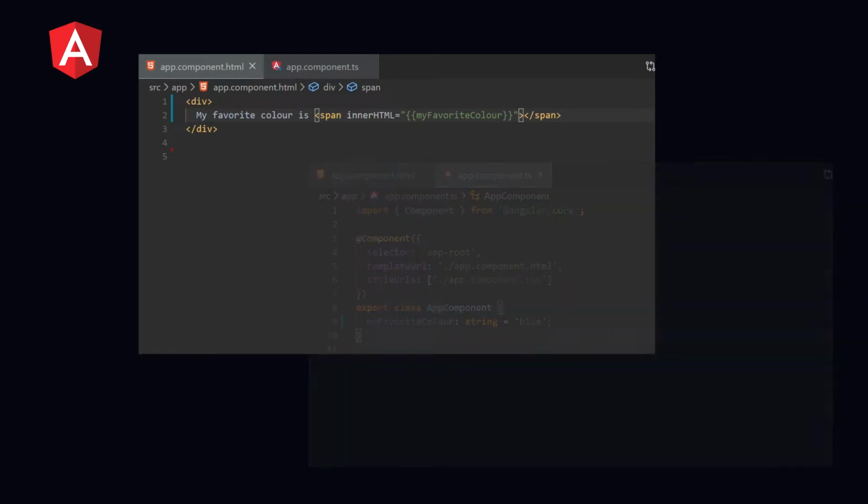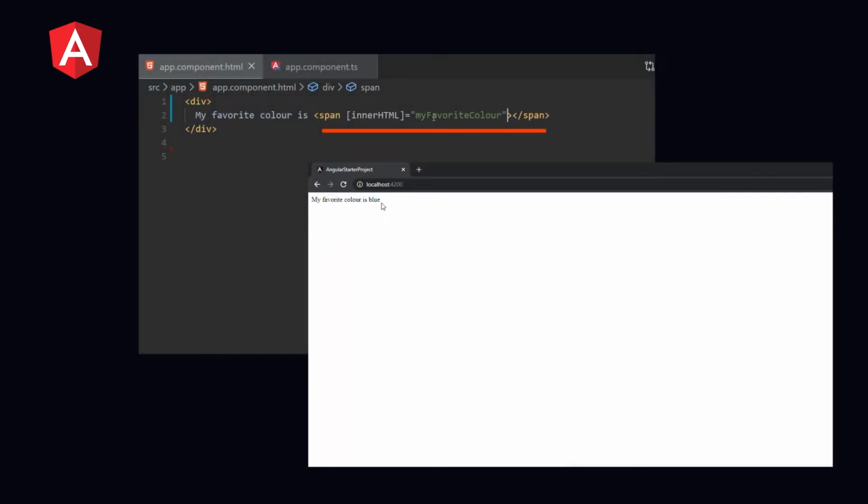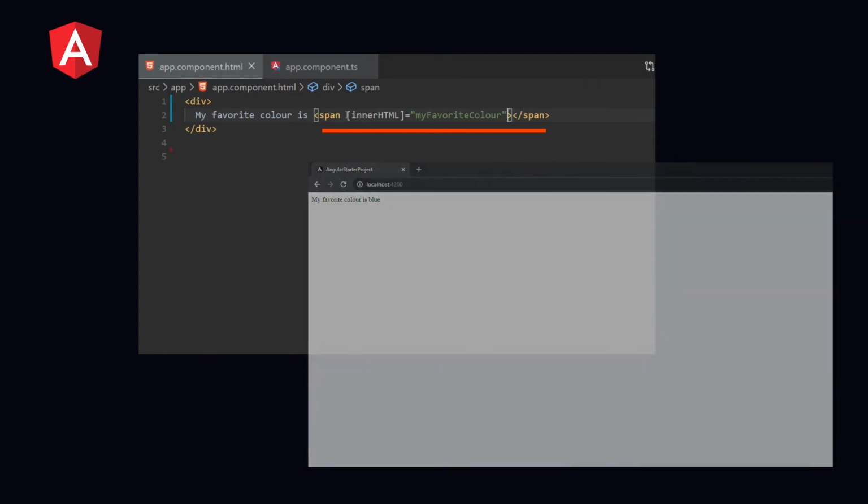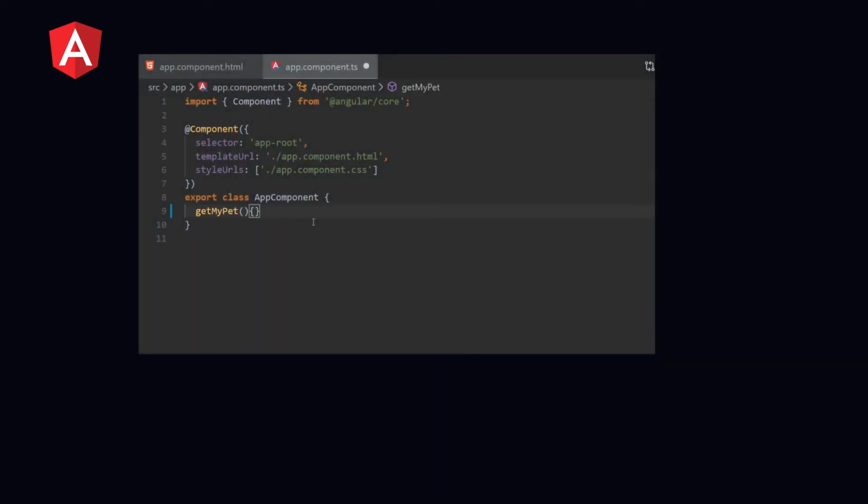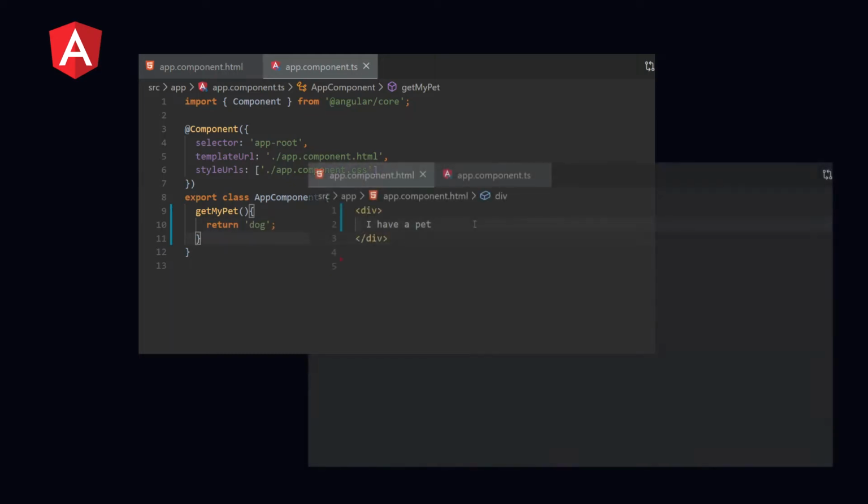In a scenario like this, we can also use the property binding method, especially if we want to set the element property to a non-string data value, like a boolean value for example, but more on property binding later in this video. Next up, we'll take a look at how we can call methods. Over here I have a method called getMyPet that returns a string of dog, and when we pass this method in our template expression and run our application, this will obviously render the string of dog together with the rest